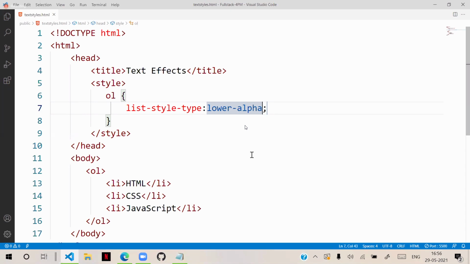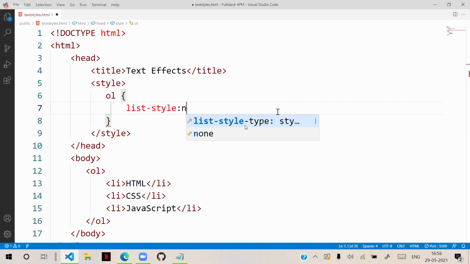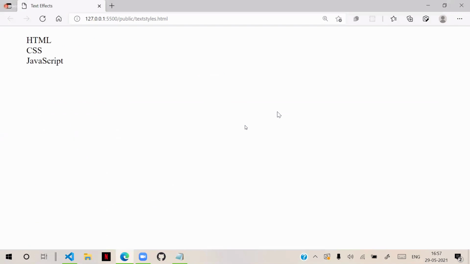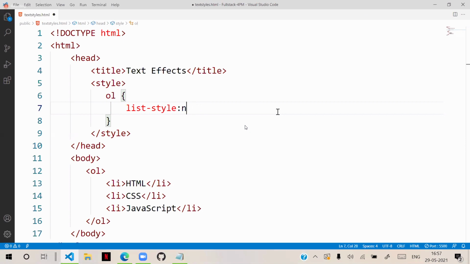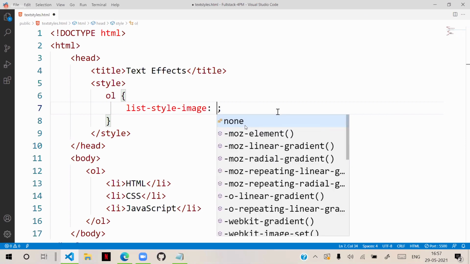But for an ordered or unordered list, you can change it by using list-style-type. If you don't want the list symbols, we can use list-style as none. If I keep list-style as none, then it will not have any numbering. If you want a picture, then we also have list-style-image.